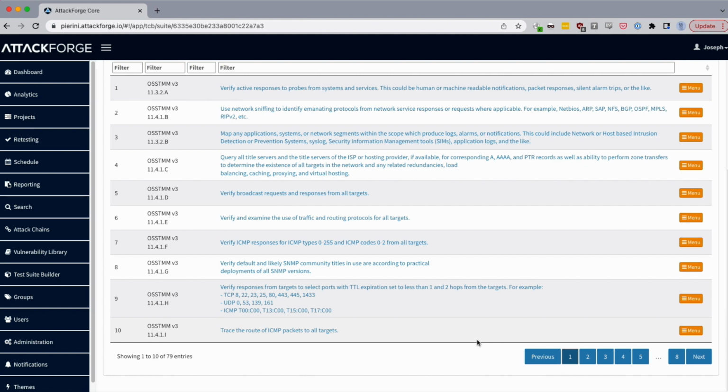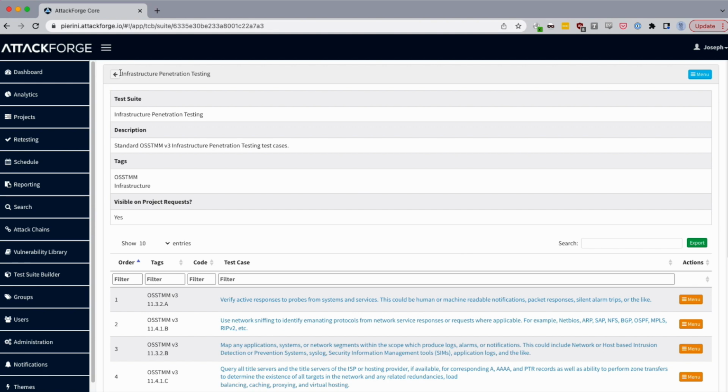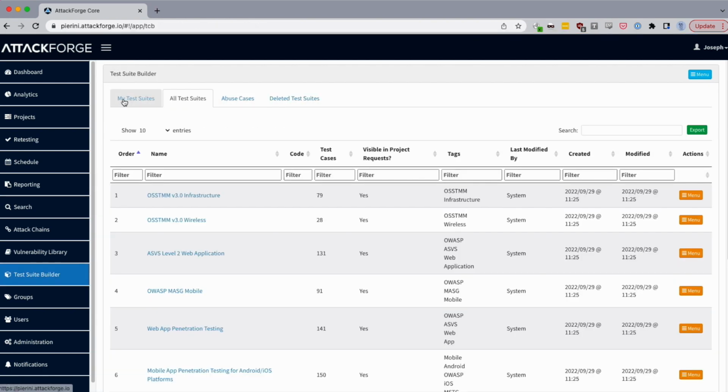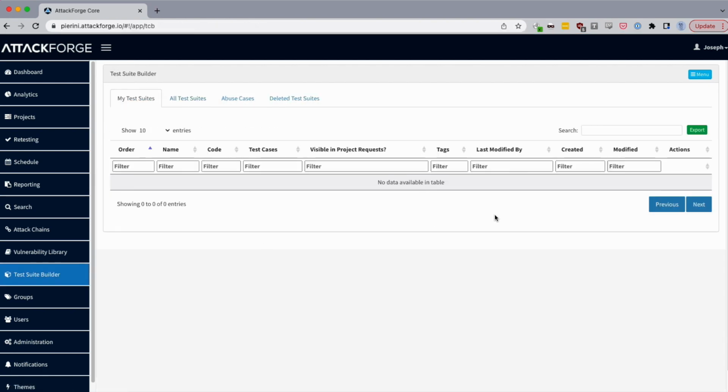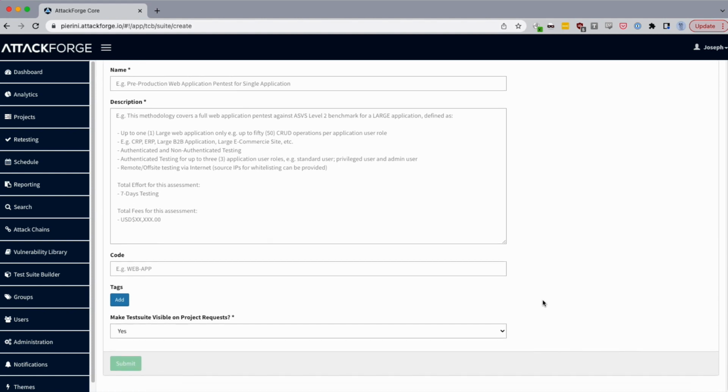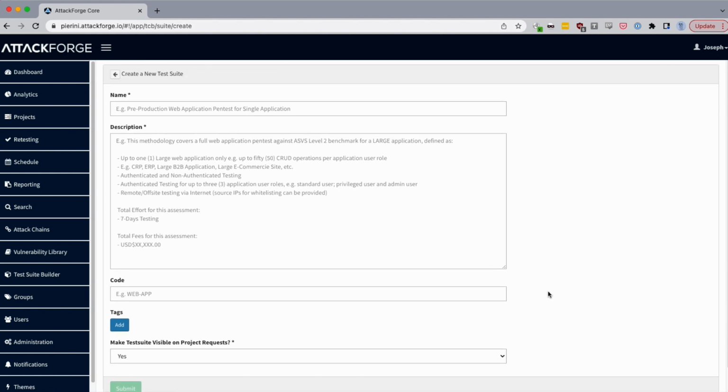So that's perfect. Can I create my own? Let me see something here. My test suites. Yeah, let's see. Export menu, create new test suite. Oh, this would be very nice. So I could go through here and make my own test suite, say for a specific engagement. I didn't see wireless in there, for example.